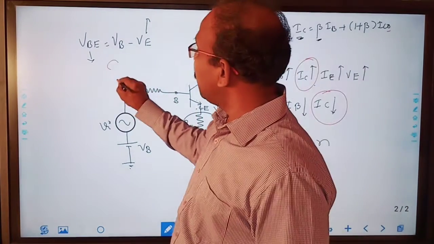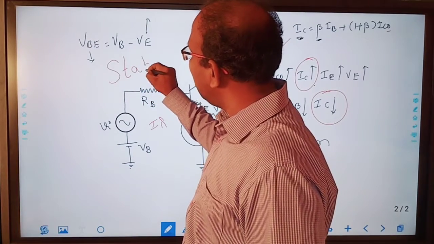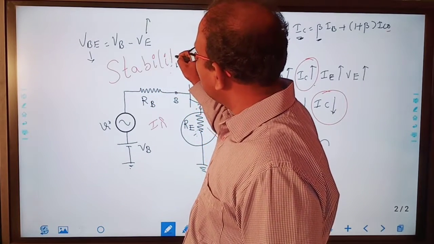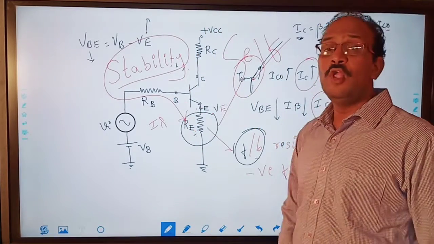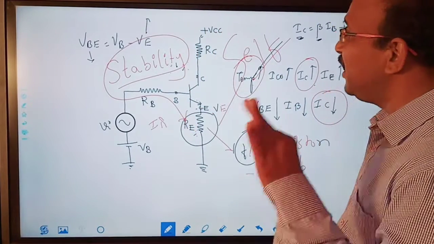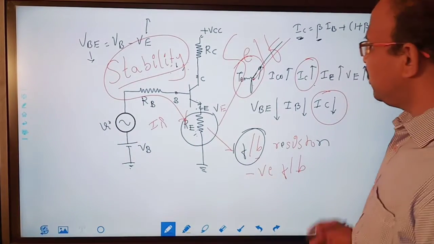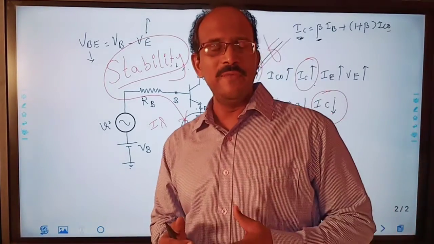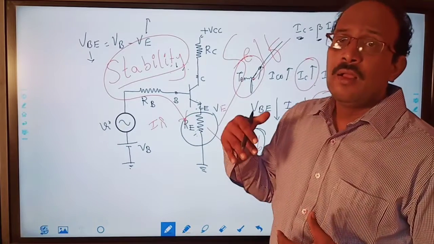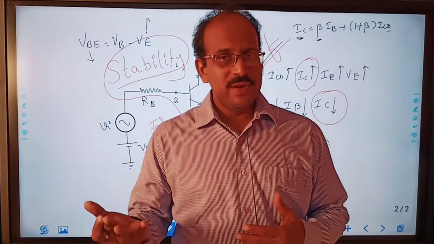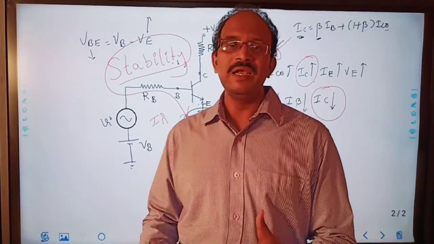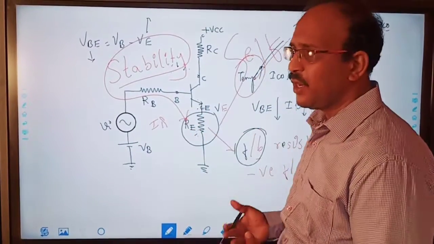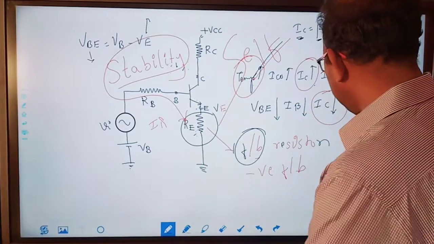I will explain. Now you don't know the meaning of stability, correct? So I will explain how this emitter resistor is also useful to improve the stability of the transistor. Okay, this topic is clear. So in this topic we have covered what thermal runaway is, which was covered last time, and how thermal runaway is avoided by inserting the emitter resistor, how it will take the corrective action. Now I will go for the next part.